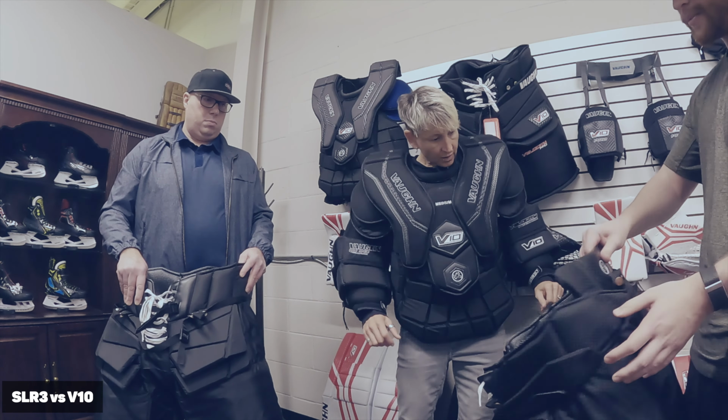We were like, let's just put it on stock. Yeah. And obviously give the people what they want. Yeah, exactly. So is the SLR3 pant made with the idea that they're going to wear it with the SLR3 chest protector and vice versa? Although, just based on preference, you could do either one. So if I'm going to have a V10 chest protector, would I be...